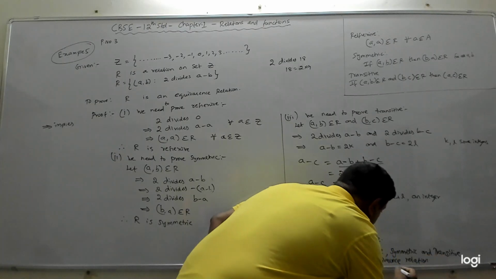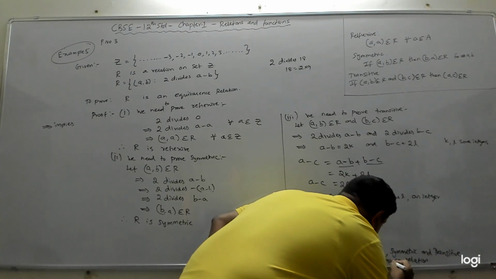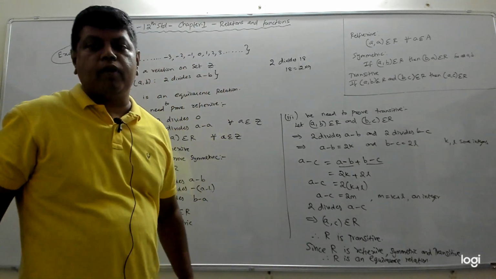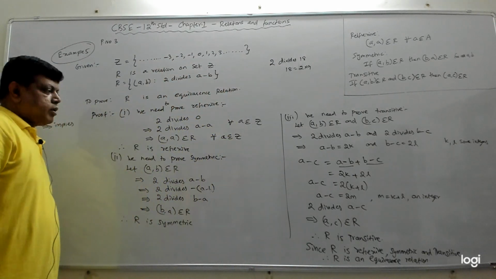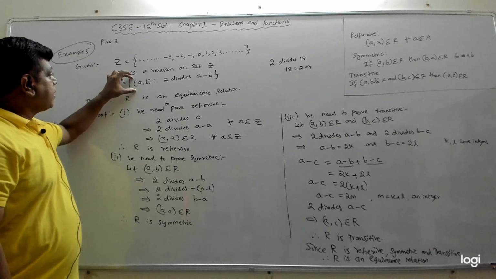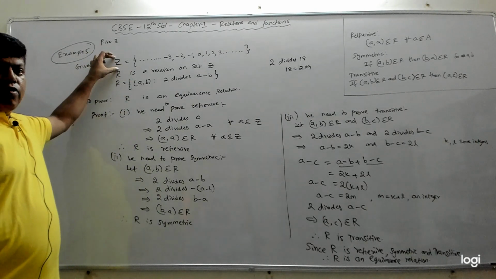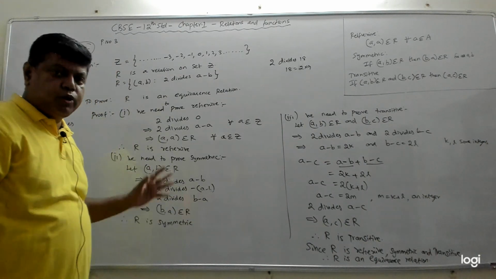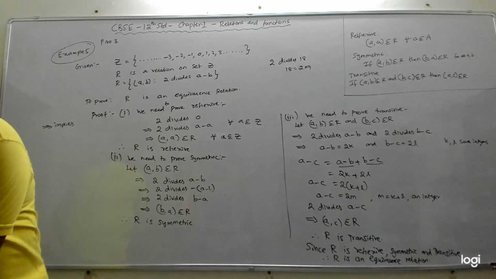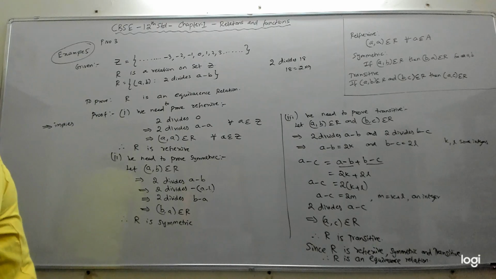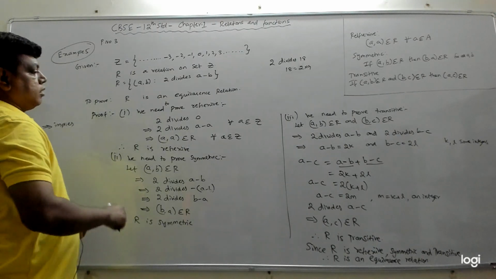Therefore we can say R is an equivalence relation. So we can conclude that R is an equivalence relation. Fine. So that's a proof to show that this given relation on Z, the set of all integers, is an equivalence relation. So all of you pause the video and take notes. We'll move on to the next section, which is equivalence classes. Very important and very interesting concept.